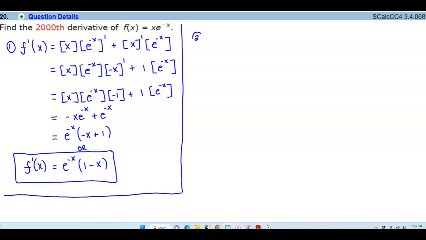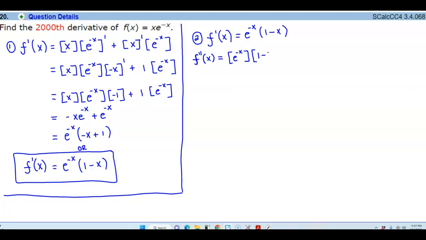So now we want to find f prime. So if the first derivative of f of x is equal to e to the negative x times 1 minus x, now let's find the second derivative of this function. We're going to use the product rule plus the chain rule here. So we take the first function, which is e to the negative x,